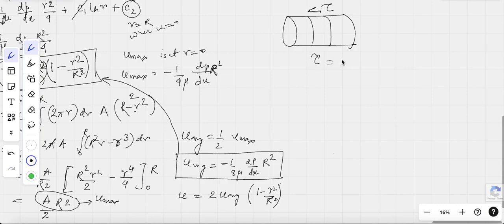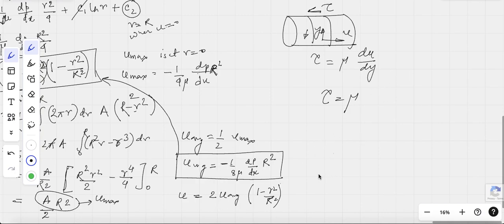So tau is mu du by dy. Okay, so this is the direction of u and this is the direction of y, but we have du by dr. We will take du by dr. R is in this direction, so we will be taking a negative sign over here. So tau is equals to mu,